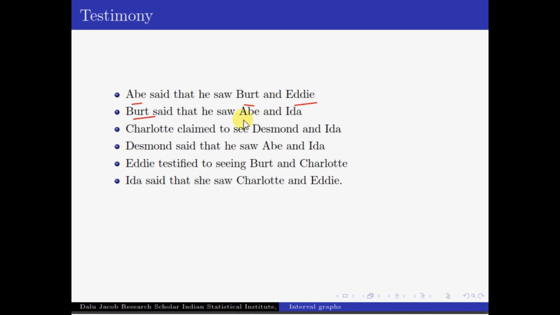Just looking at the testimony, the detectives have arrived at the conclusion that one of the professors is lying. Right now we don't know how they arrived at such a conclusion, but we will see it later.